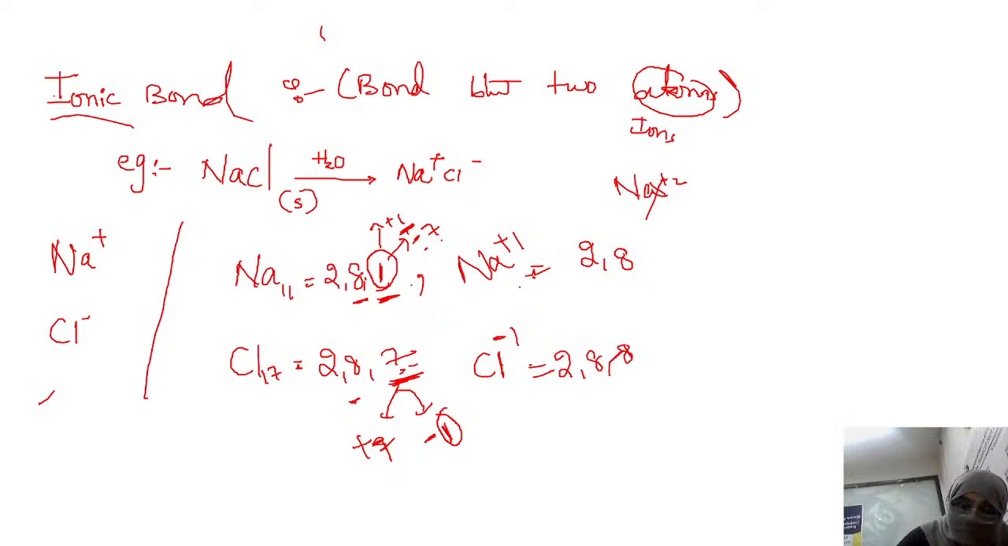Now you can see that sodium has given that electron to chlorine. Chlorine is accepting that one electron, and sodium is giving that one electron. Plus means giving or losing of electron, and minus means gaining of electron. That means here a transfer of electron occurs. So actually the definition here for ionic bond is,